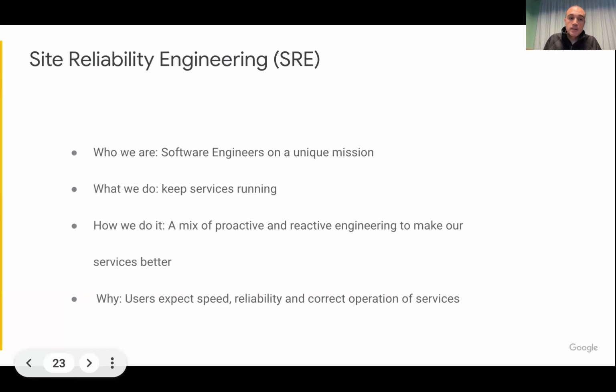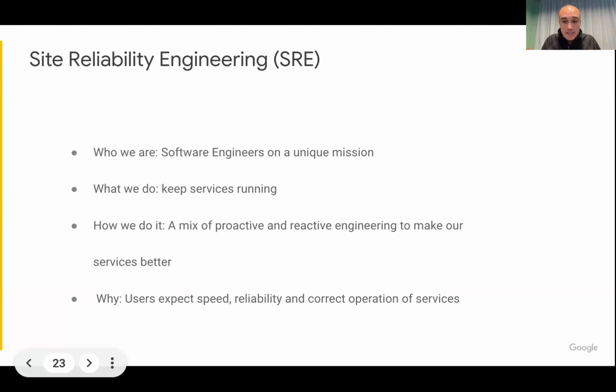But one of the properties that we have is that we are experts in distributed systems, in the sense that we know the things that can fail, reliability, all these things. When we look at a system like Gmail, for example, software engineers are going to look at it from the perspective of what features I need for the users and so on, which is very important. But when I look at the same system from my perspective, I'm going to say, ooh, how do I make this not fail all the time when this new feature is deployed? So I might recommend, hey, we need to replicate this, this JavaScript needs to be smaller, whatever that is.